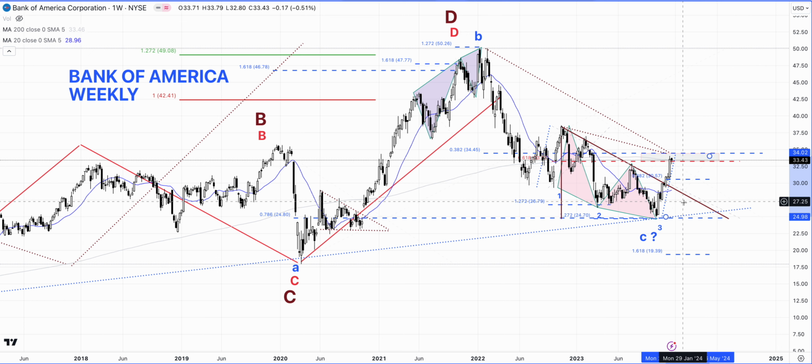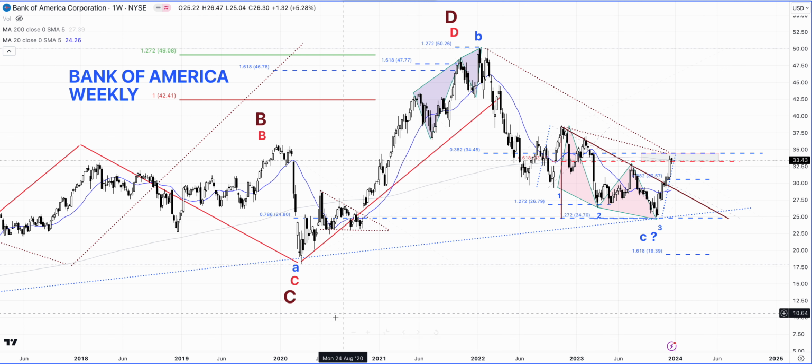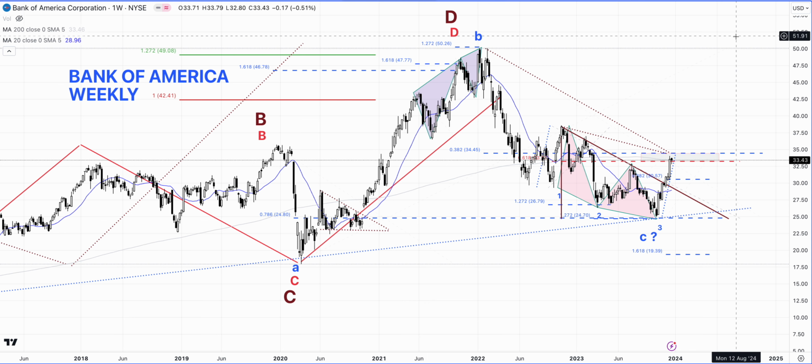What is key for this market is whether it is able to break out of this key resistance level, breaking the market symmetry here, because the last time the market rallied this much, it got sold off, and whether selling can come in again or not. If it is in fact able to break out of this resistance level and also take this swing high out, then we are potentially looking at this as a possible point C here, which could mean we could have another 1-to-1 price projection higher in this stock.